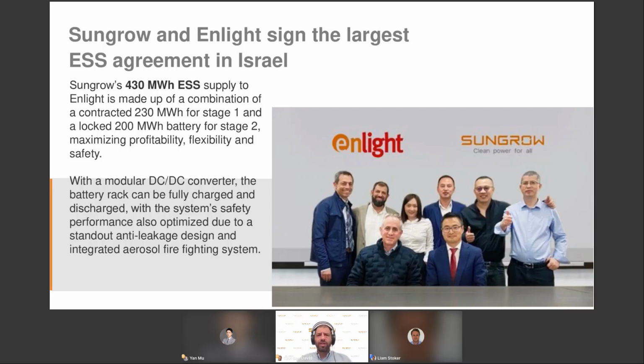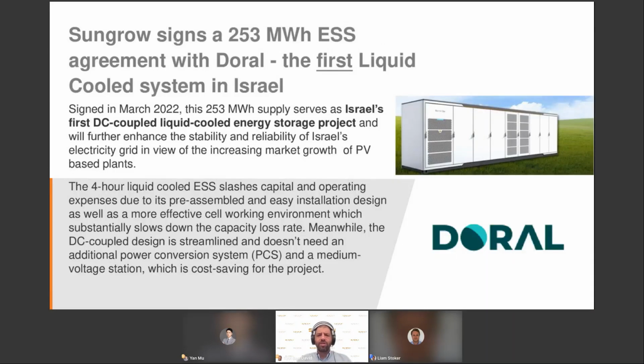And the third and last agreement that we have signed in Israel so far was the most recent one, which was with Doral, signed in Q1 2022. So Doral Energy Resources Group is a leading entrepreneurial company in the field of renewable energy and environmental infrastructure, and they're operating since 2007. The company is among Israel's solar pioneers and was actually the first company to connect a solar facility to the grid. We have signed a 253 megawatt hour